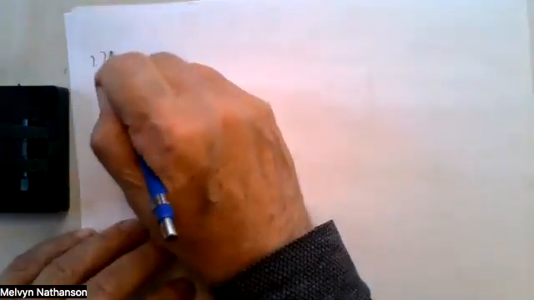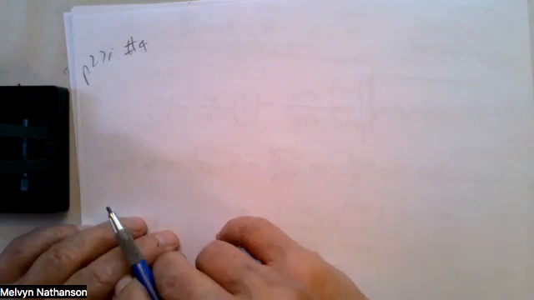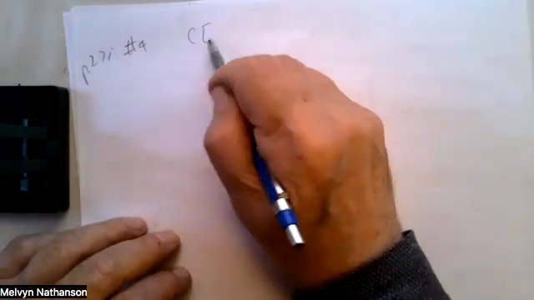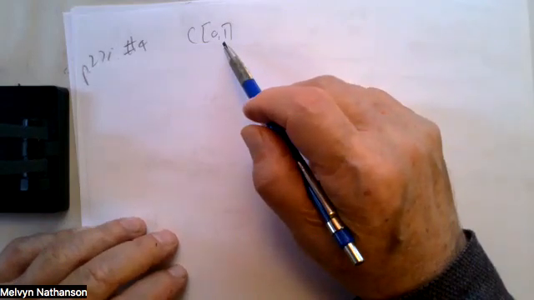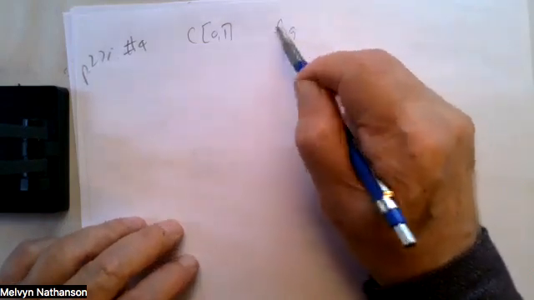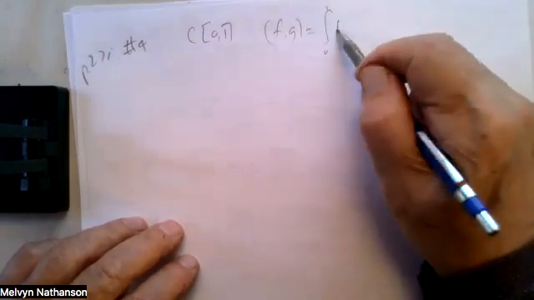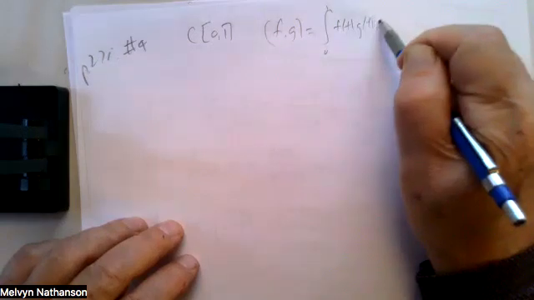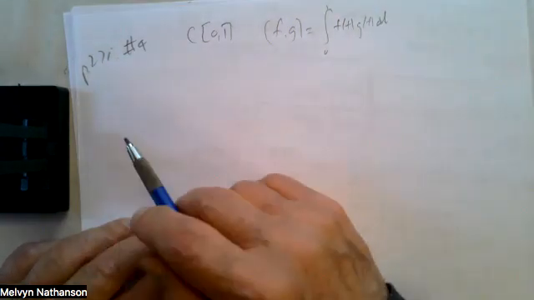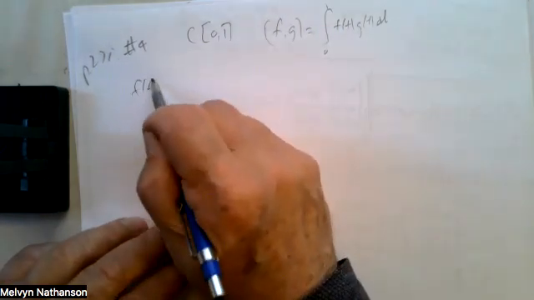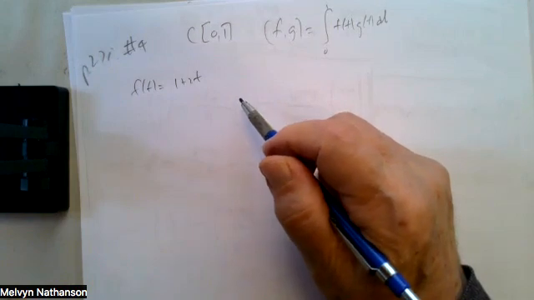So on page 275, number 4, we have C01, the vector space of continuous functions on the unit interval. If you take two functions, the inner product is defined to be just the integral of their product from 0 to 1. So if we take, for example, f of t to be 1 plus 2t,